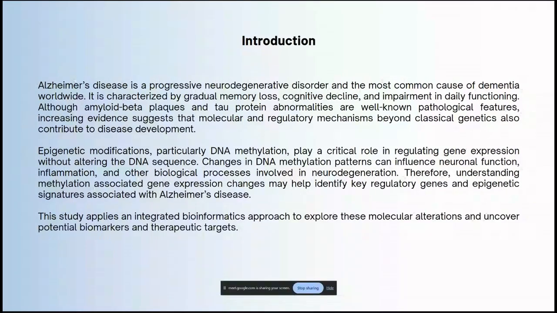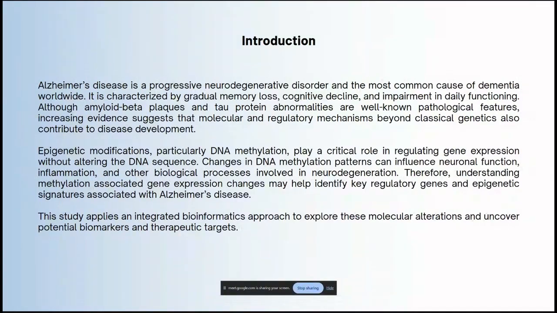So why combine gene expression and methylation data? Most previous studies examined gene expression or methylation separately. This study's major target was to combine the two, mRNA